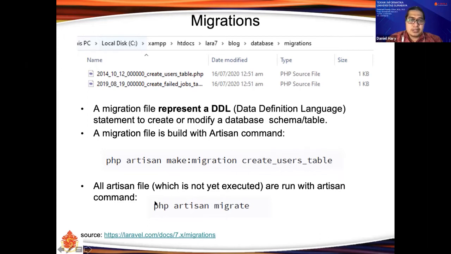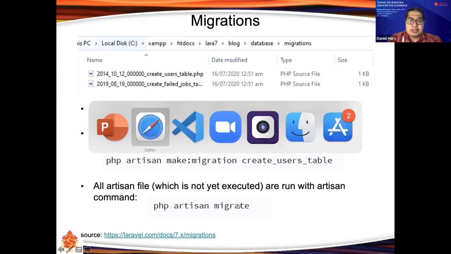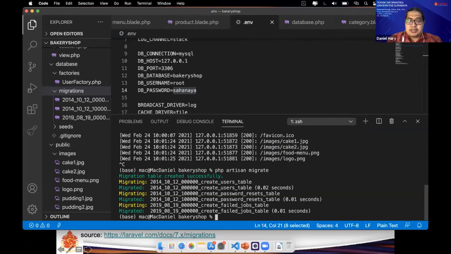For example, create for creating a new users table, creating a users table. Okay, then all migration files we can run with PHP artisan migrate that we already run before. This one, PHP artisan migrate, we run it for checking our database connection.